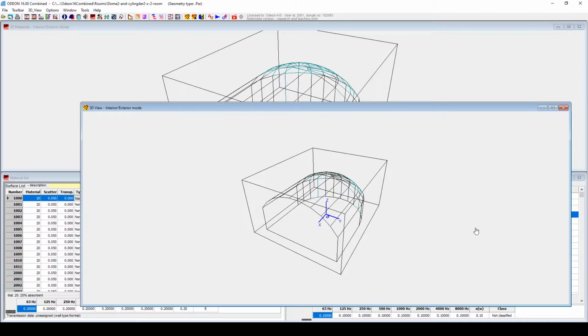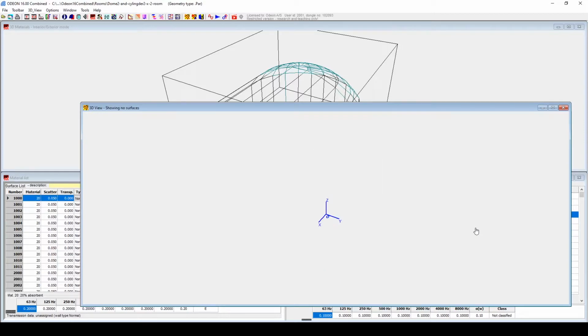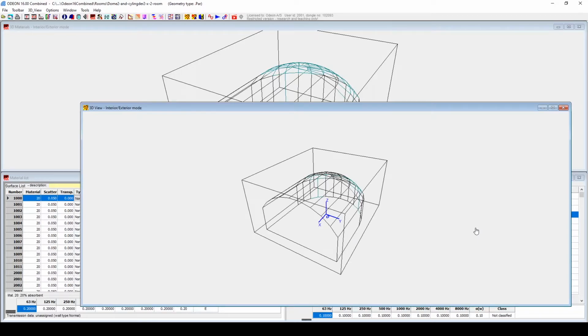Going back to the model and pressing T, we can see that, due to the larger interior margin, a smaller part of the room is considered interior. Instead, most of the surfaces are considered as exterior walls. Let's put back the value we had.